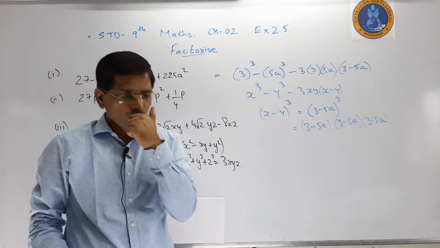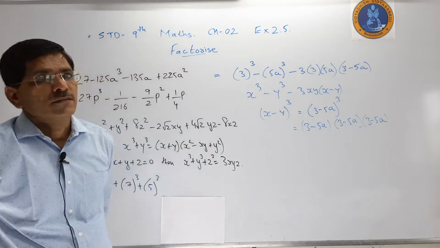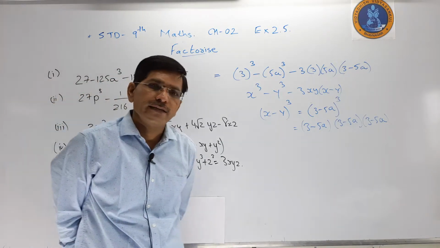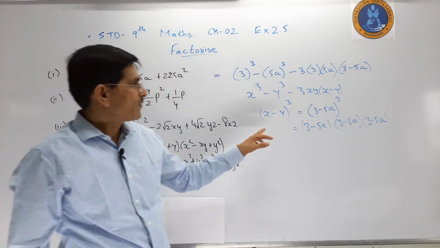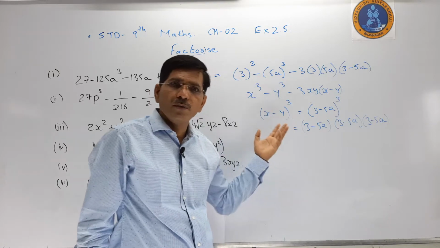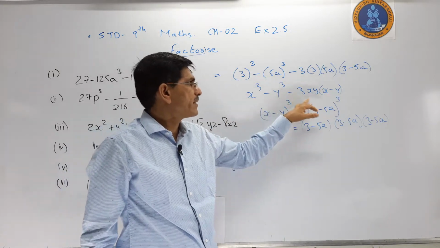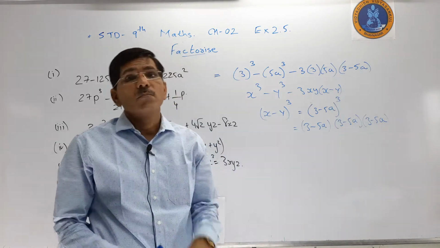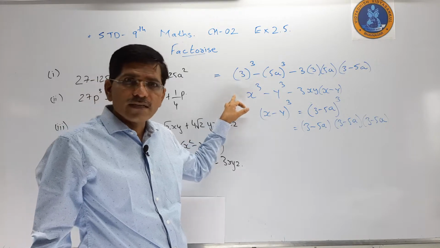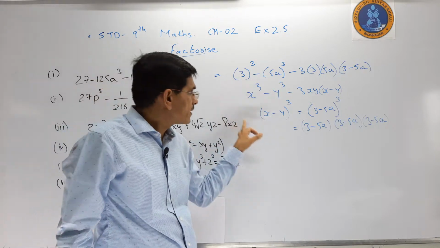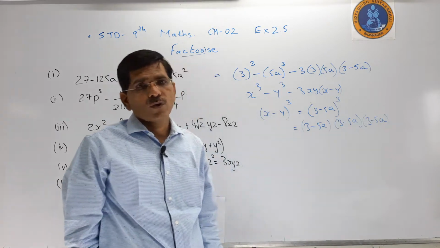Again today we want to discuss factorization. In factorization we have to use the identities. We are using the identity for expansion: if the question is x minus y whole to cube, we can get the answer x cube minus y cube minus 3xy, in bracket x minus y. But when the answer is in the form of the question, then my answer must be the identity, that is x minus y whole to cube.